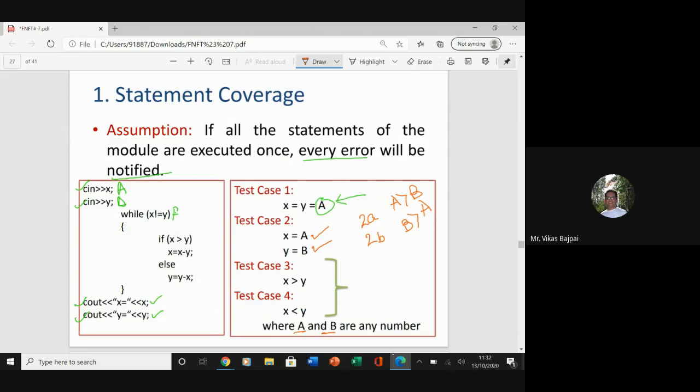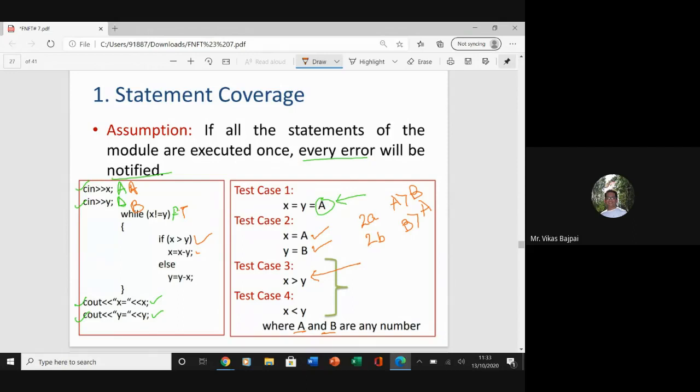Now if I go ahead with this, which is 2a or considered as test case 3, I'm able to enter into this. I've given a value a, I've given a value b, and I've made this particular thing true. I went for this, this, this, and this.